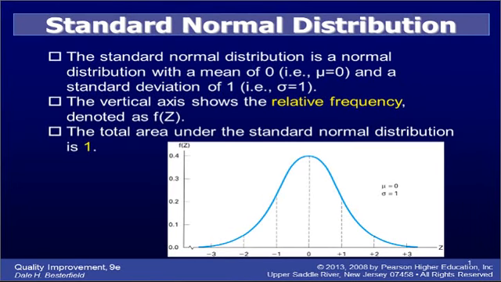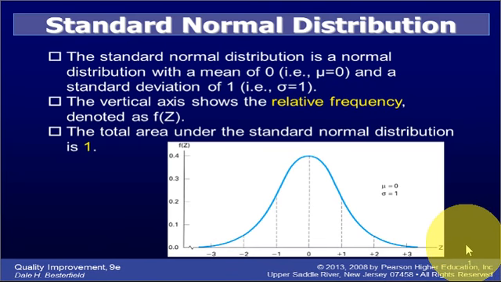Standard normal distribution is a normal distribution with a mean of 0, so mu equals 0, and a standard deviation of 1, so sigma equals 1. The vertical axis shows the relative frequency, denoted as F(z), and the horizontal line shows the possible values that can be taken in this population, which ranges from -infinity to +infinity. Of course, extremely small or extremely large values are very unlikely to happen,